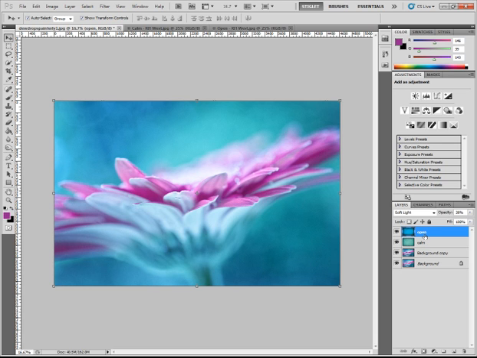And so what we're going to do is some layer masks. I'm going to click on the first layer that I used of texture calm, and make sure that's selected, and then come down here to the bottom of the layers panel, and I'm going to hover over this little rectangle with a circle in it, and when you hover over it, it'll say add layer mask. Click that, and as you can see, a rectangular shape has appeared in that texture layer there,